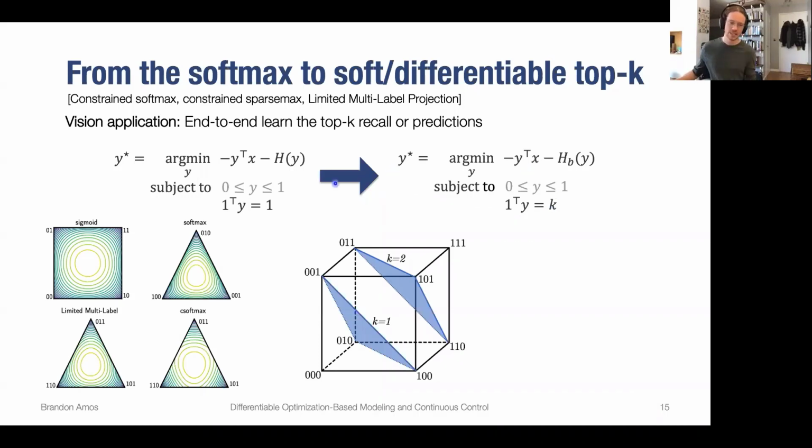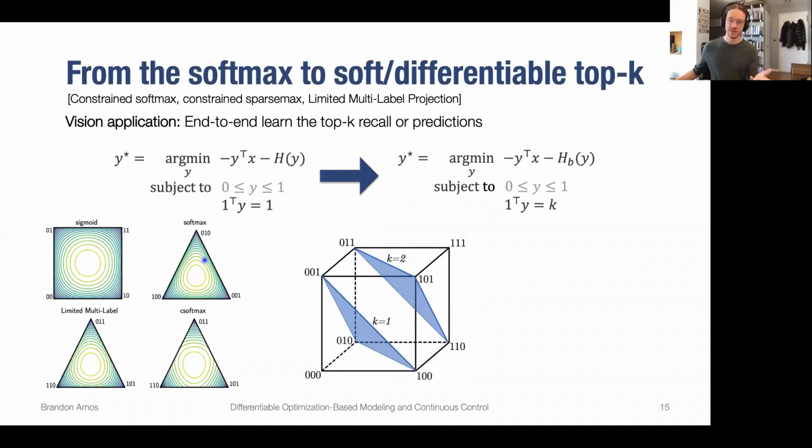And we can visualize this to get a sense of what this looks like. So just quickly going through these, this is showing the penalty surface on top of these polytopes, which comes in this case from the entropy terms. The sigmoid is this box, and the vertices of the box are every possible combination of the multiple labels you can have active. The softmax is just the simplex, where the vertices are just every possible active index you could have.